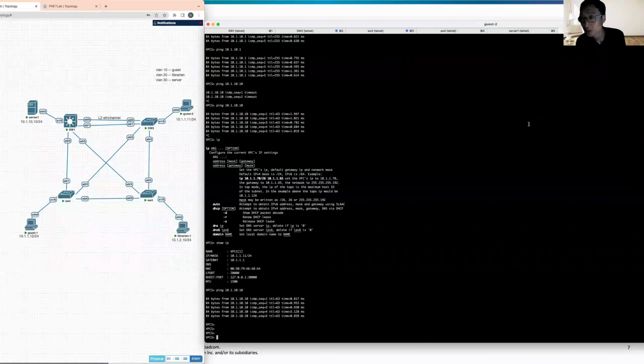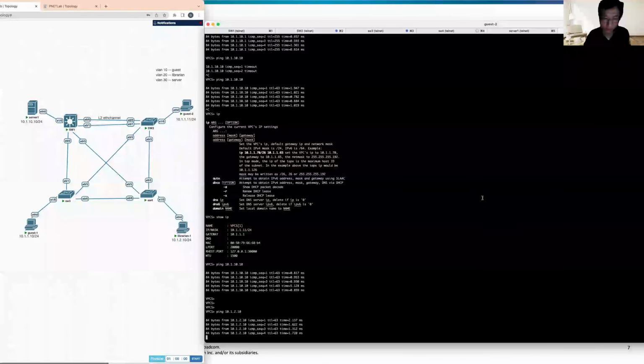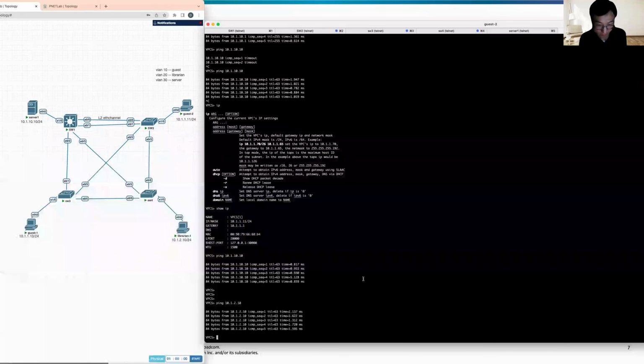And then we ping others. For example, ping librarian 1, 10.1.2.10, also works. So that's the routing in